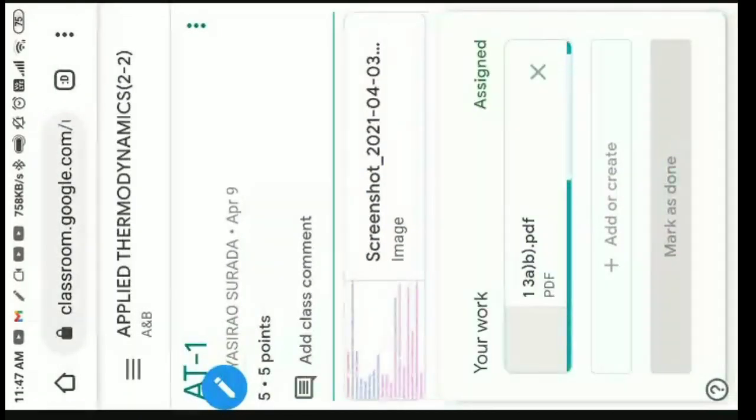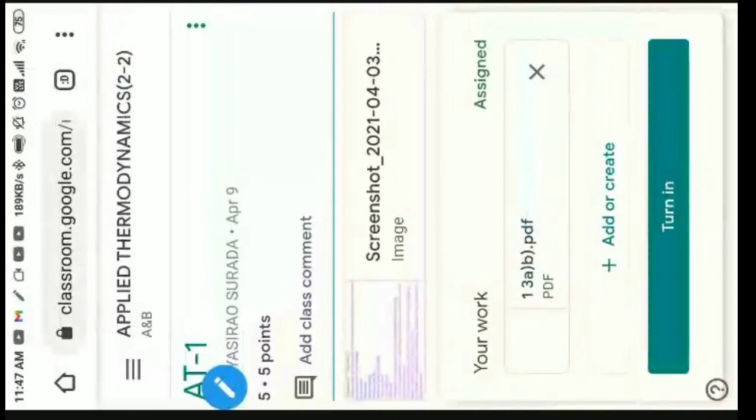Once you click on the OK button, it will show the progress of uploading. Sometimes you may prepare more than one PDF, question wise. Then you have to go to add some more, click add or create, and then you can add one more PDF. It is better to prepare a single assignment with a single PDF, then it will be better to upload. Anyway, you have to upload.